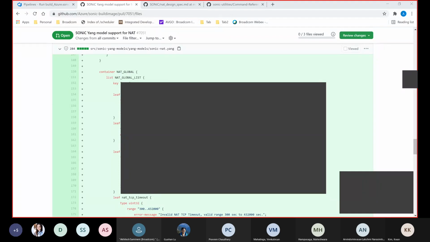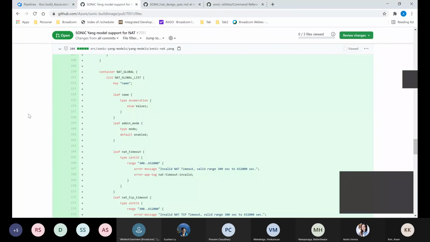So how do we deal with the mode, IP address, and those types I saw defined? Should we put them into a common place, or should we define them in this YANG model, in this YANG file? If mode enabled, disabled, or if any other YANGs are using it, then we can move it to the common part.